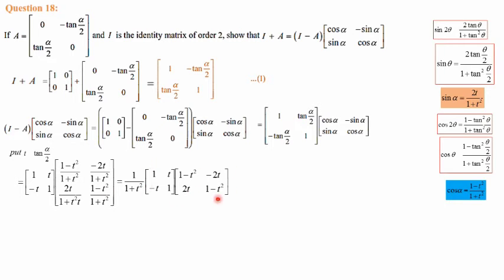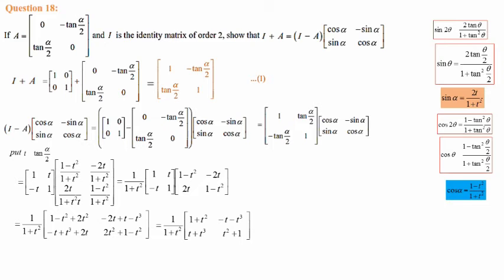Now the calculation we can do very simply, because almost all the difficult terms are out. Now inside the brackets, or inside the matrices, there are terms which are easy to handle. That is equal to 1 by 1 plus t square into, when we do the calculation, first row with the first column. First row with the first column means 1 into 1 minus t square, that is 1 minus t square, plus t into 2t, that is 2t square. Remember the way we take first row with the first column. Next is first row with the second column, 1 into minus 2t, that is minus 2t. Then t into 1 minus t square. So t into 1 is t, t into t square is t cube.